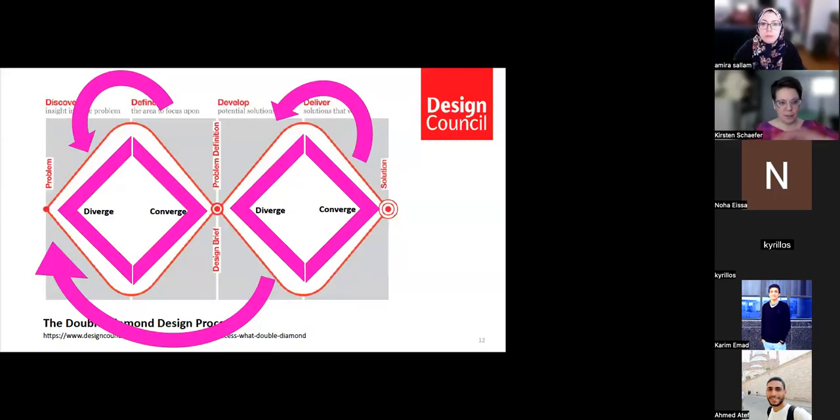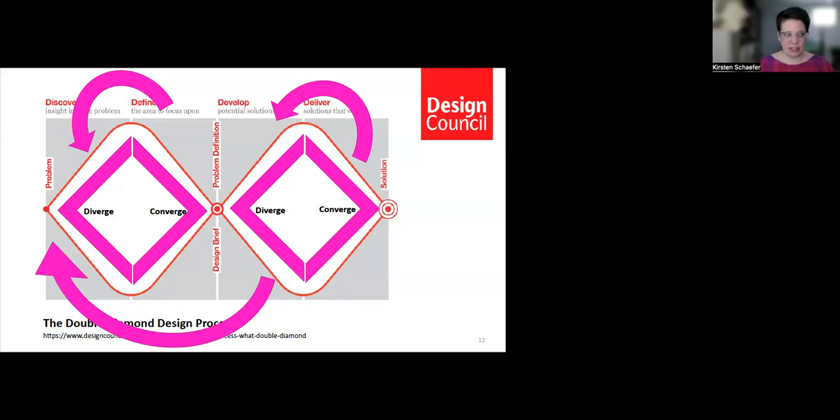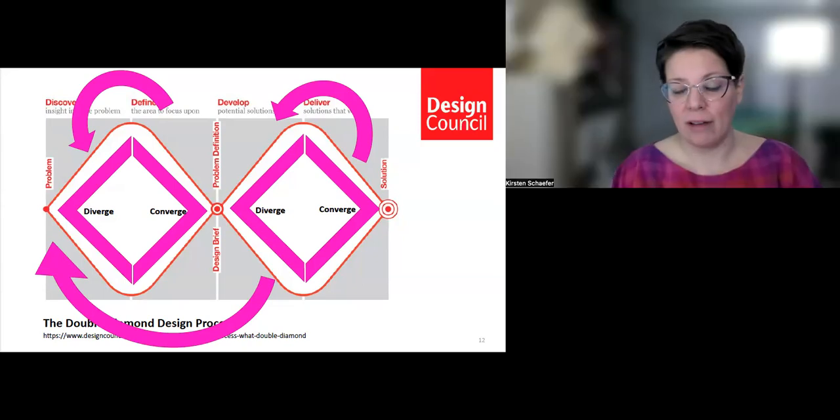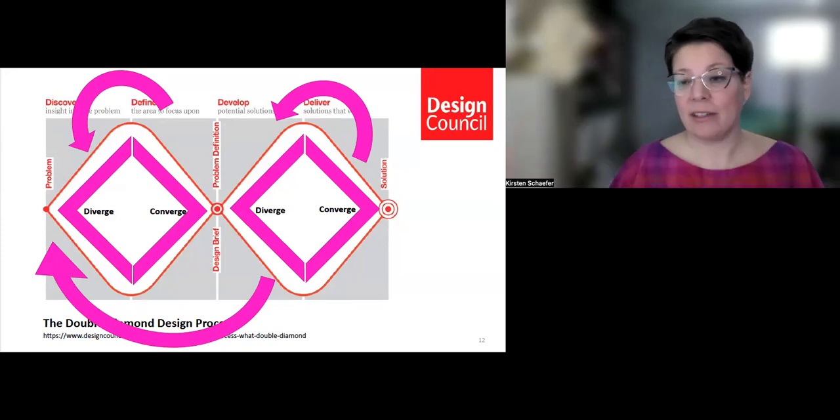Okay, so we were just talking about discovery. So you're starting the project, you have some inspiration, and now you're addressing your user needs and collecting all of your information. Then you are converging and you're focusing in on one aspect that you're going to be able to address with this project. People might come to you and have this huge project and you just can't address them all at once,